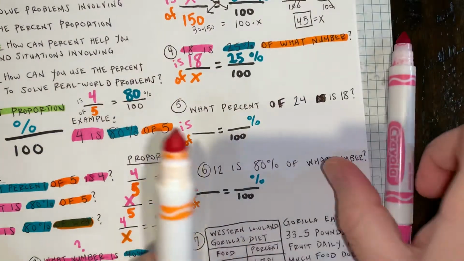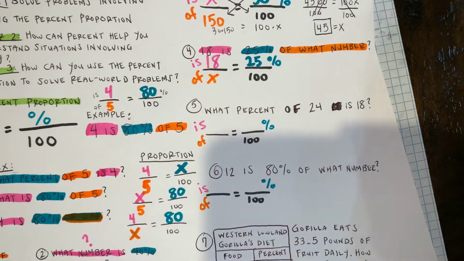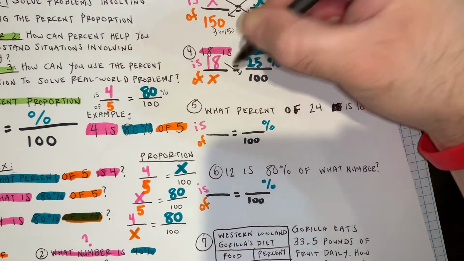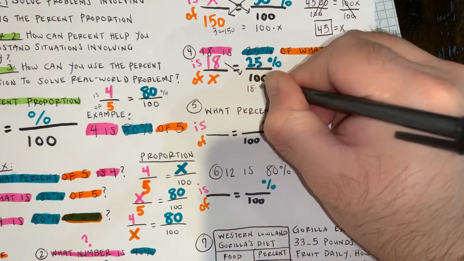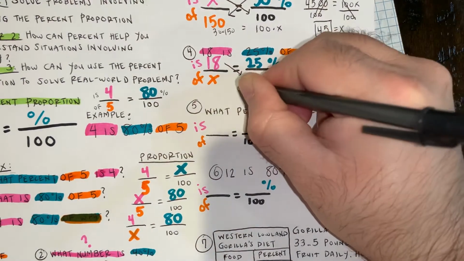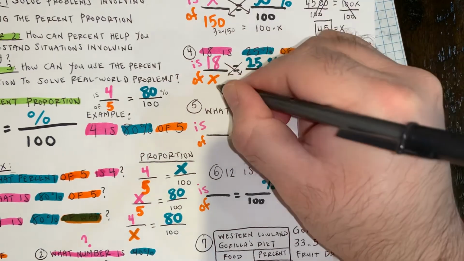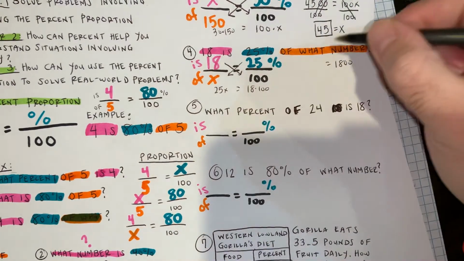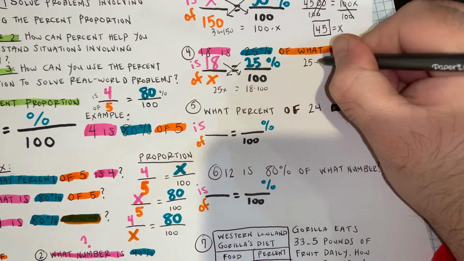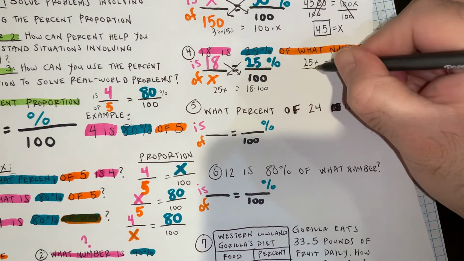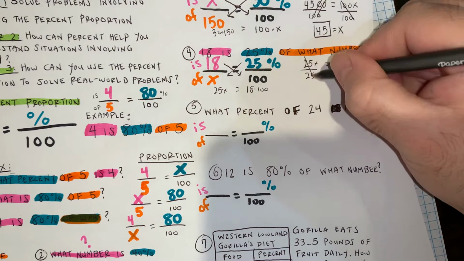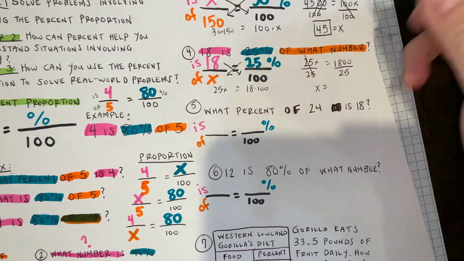That is represented by an X. Set up your proportion, and then you cross multiply. 18 times 100 gives me 1800, and that is equal to 25 times X, which gives me 25X. And I could divide the number that is with my X on both sides. The same numbers cancel out. You're left with X is equal to